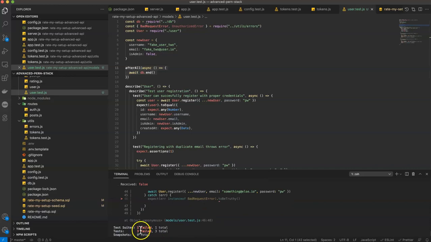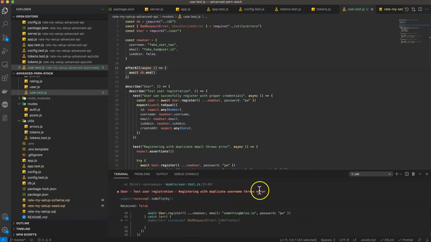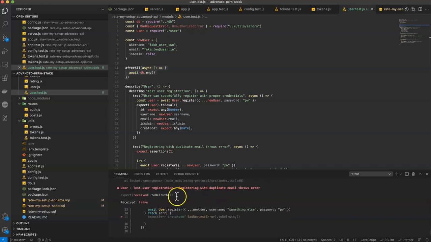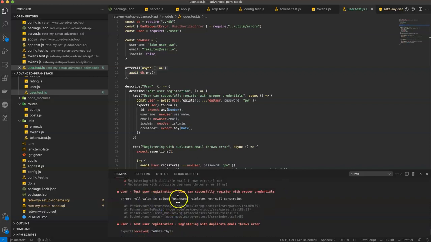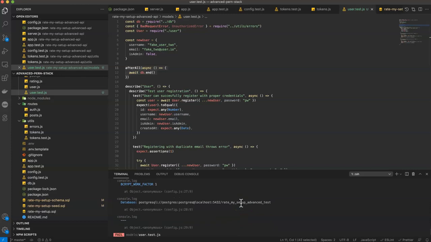And we see now that all three tests failed. Oh boy. Registering a duplicate username throws error. Looks like it didn't. Registering with duplicate email throws error. Looks like it didn't. And null value in column username violates not null constraint. Okay, so there's a bunch of interesting errors going on here. And we're going to have to manage all of these manually, but it's a good time to start simplifying our